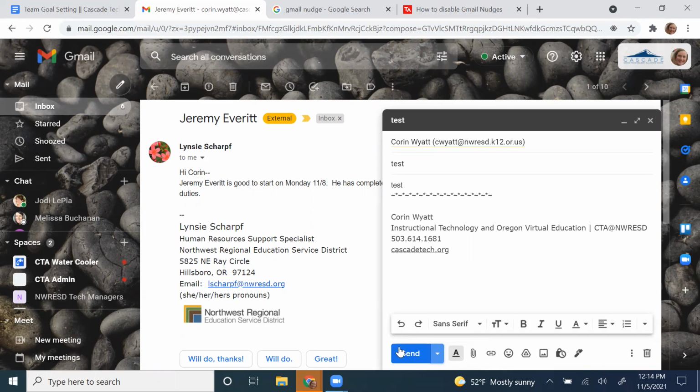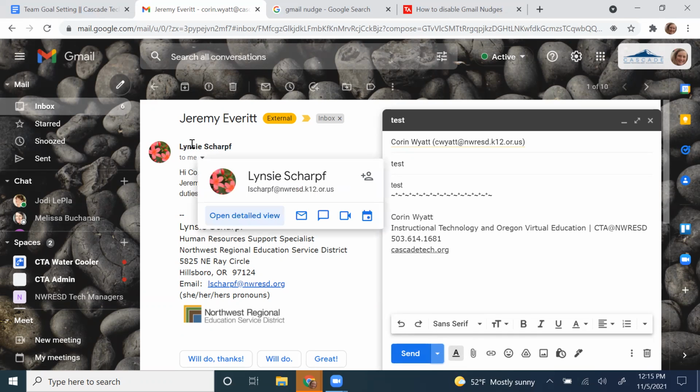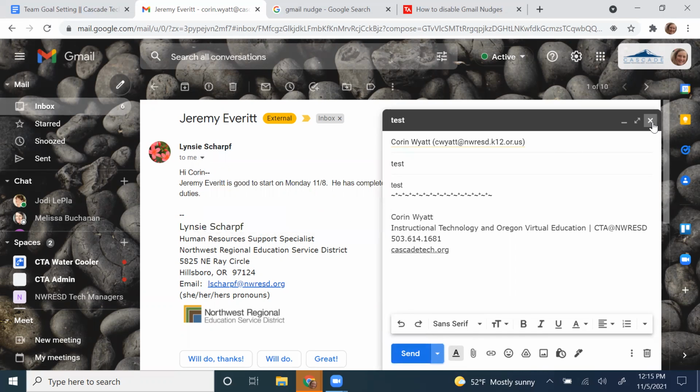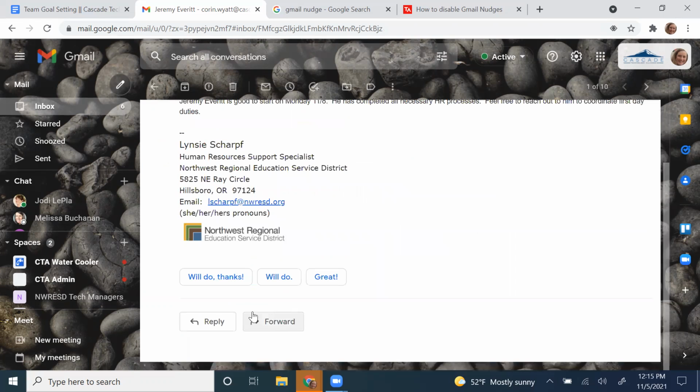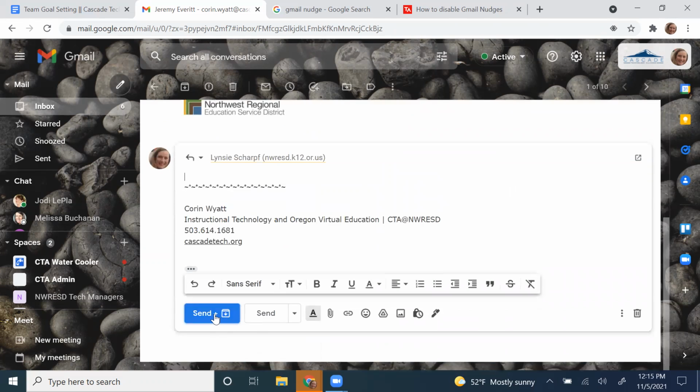The other cool thing is I have this turned on when this is blue like this. It actually sends the message and archives the old message at the same time. This is a brand new message, so it doesn't matter. But in a regular message, if I were to respond here to Lindsay, then if I did my send and archive, it would actually send the message and then send it to my archive so I don't see it in my inbox any longer. So that's a really brilliant thing to set up.